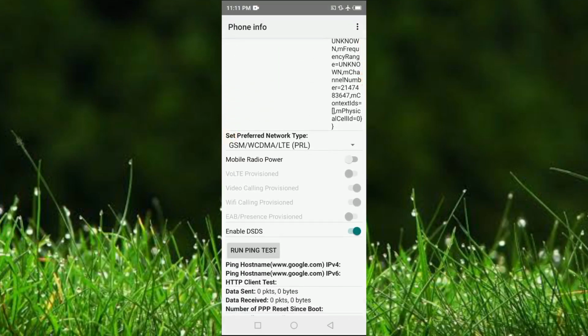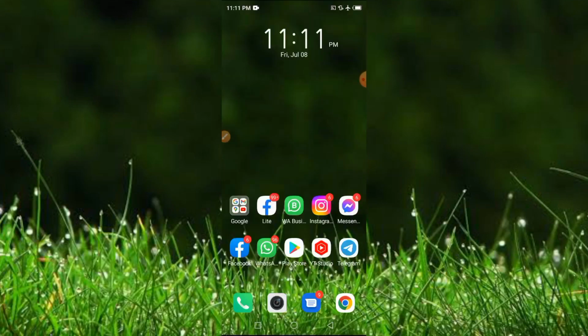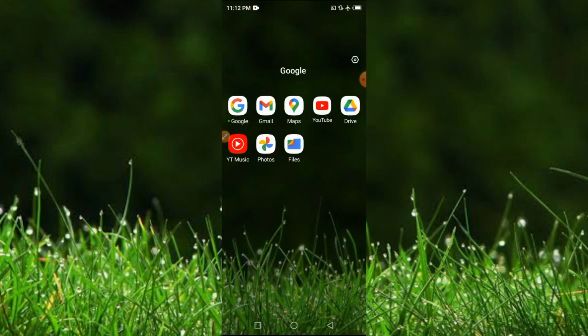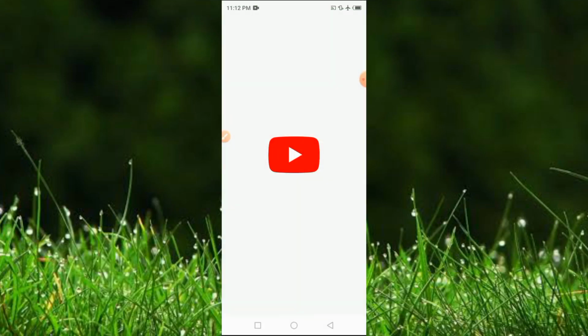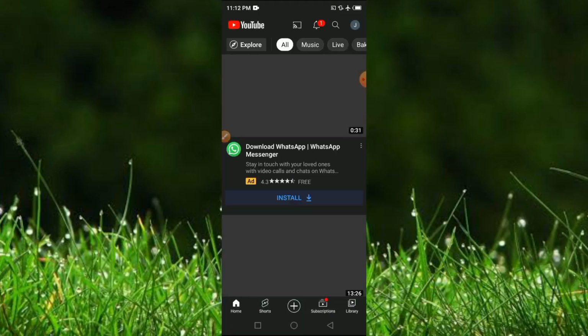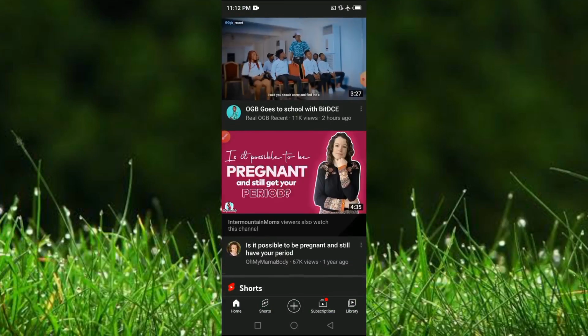And guys, as you can see here, we have mobile radio power. So guys, here you enable your mobile radio power like this. And guys, after you enable your mobile radio power, you have to go back. For instance, let's test this on YouTube to see if we can be able to watch any YouTube video or not. So guys, as you can see, our YouTube has been open,